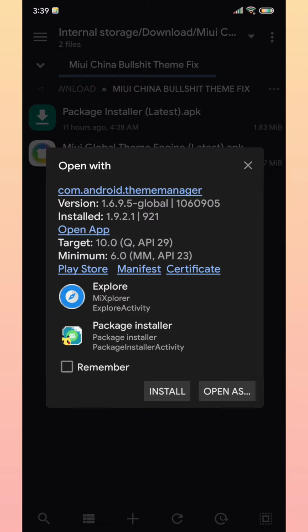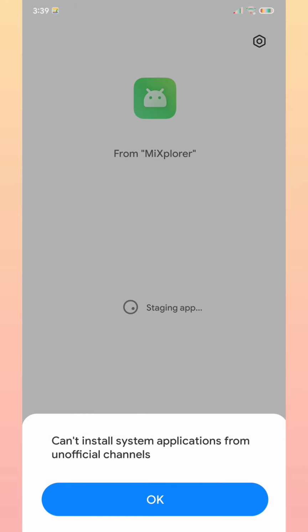So when you try to install it, the package installer from your modified Chinese ROM is the native MIUI package installer, and it has a protection that you cannot install system apps via any unofficial channel or source. So it has blocked the installation of the theme engine.